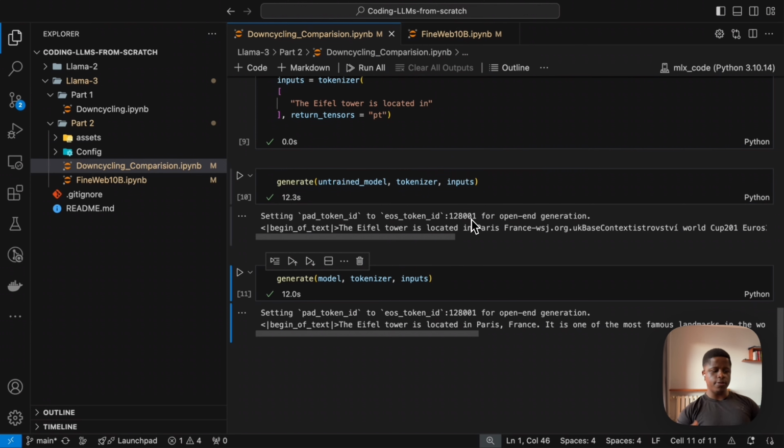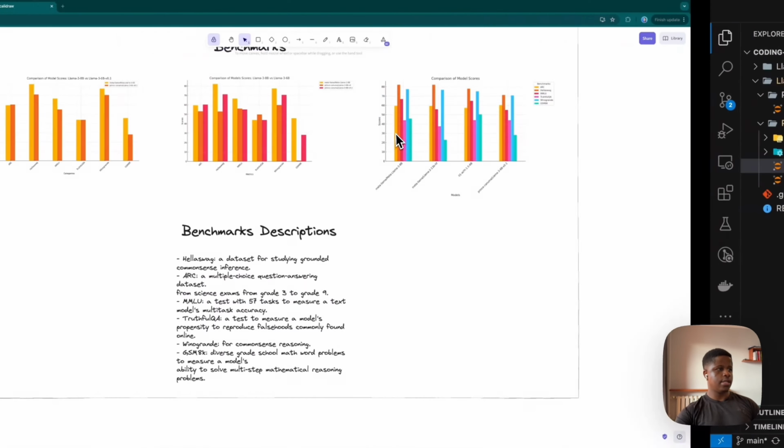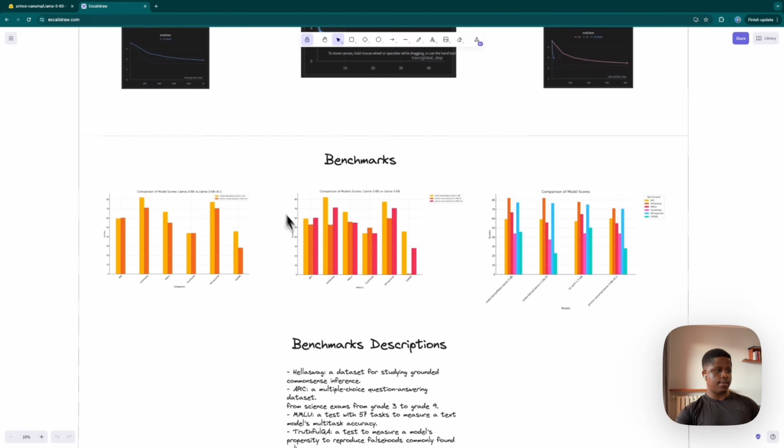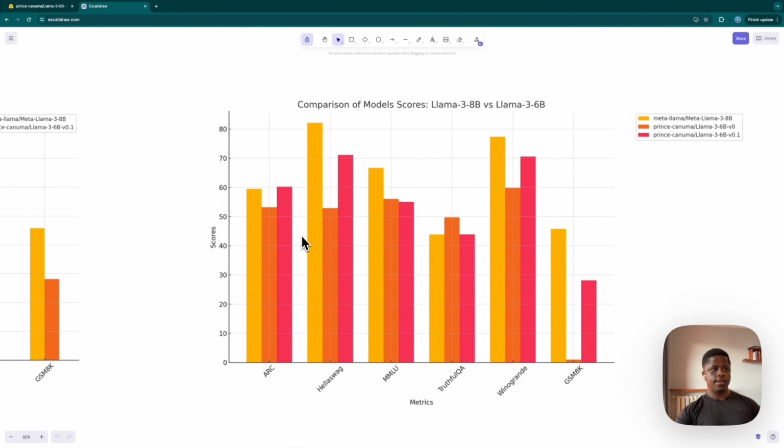So a couple of things that we can conclude here, let's go back here, is that pre-training actually helped heal the model from the original downcycling process where we cut off a few of the layers of the model. So now we have a strong base model that we can use for instruction tuning. You can build agents with it and so on and so forth. And it's 1.3 times smaller than Llama 3 8B, which means less resources are used during inference, and it's faster